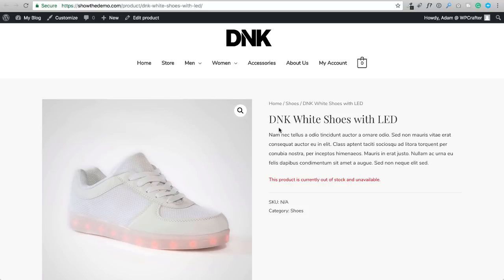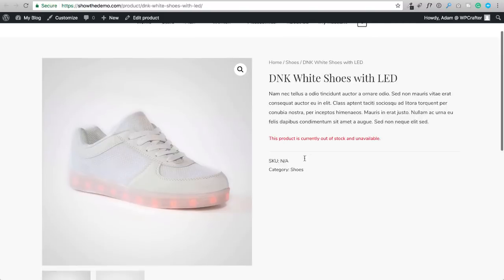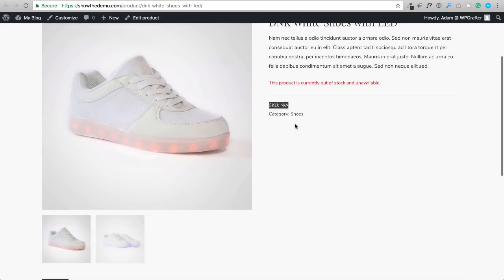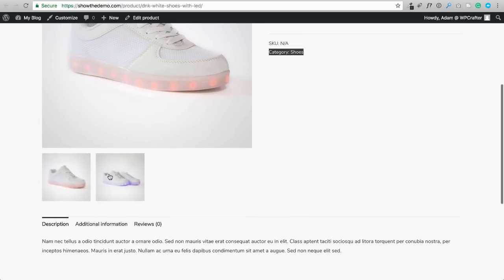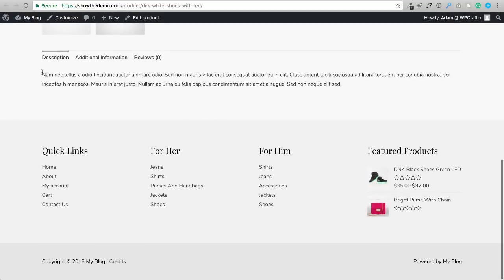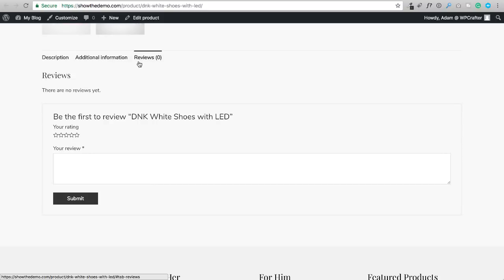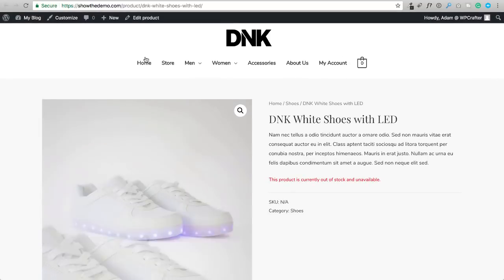So here's our product image. Here is our title. Here is our description, bit of text. This is saying it's out of stock, but we can change that very easy. Here's the SKU number. You don't actually have to show that if you don't use SKUs. Here's the category of the product. And then here is a different picture of it right here that someone can click on. And when you scroll down, here is a description, and you can see we're showing additional information and reviews in these tabs like this. So let's go ahead and now click on Edit Product so we can see what this